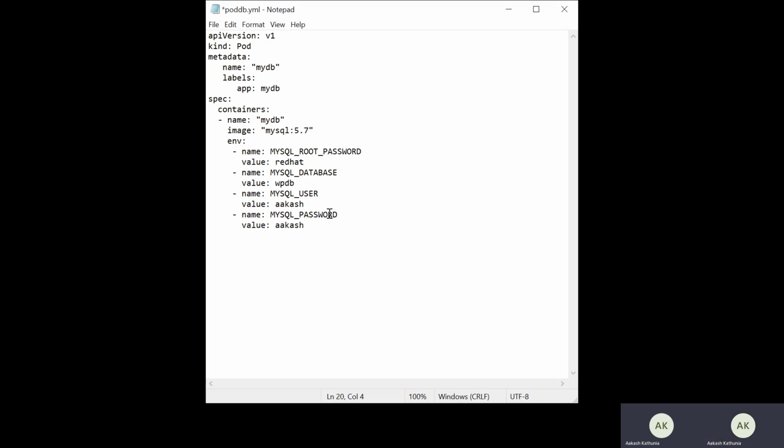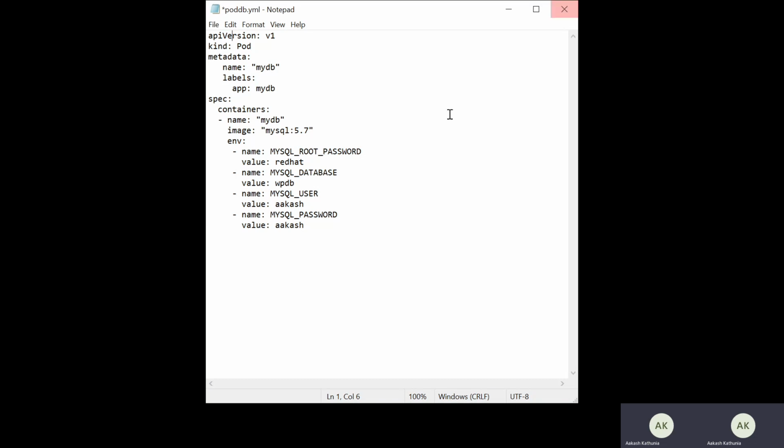So in this way, I can create this DB with the name wordpressdb and the given password. This image is given, and this app label is given. You know the significance of labels, which are basically used when the replication controller is used: it will automatically connect the pods to the load balancer or reverse proxy, and then I'm using the name. Perfect. So this is the code that I have written in the YAML.